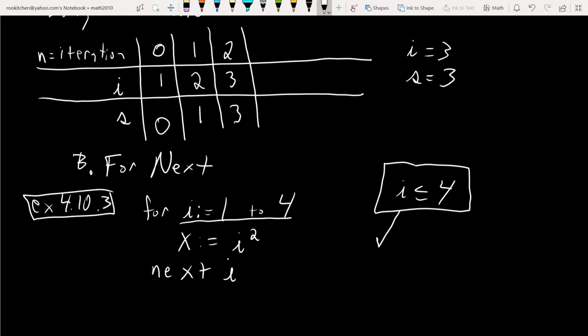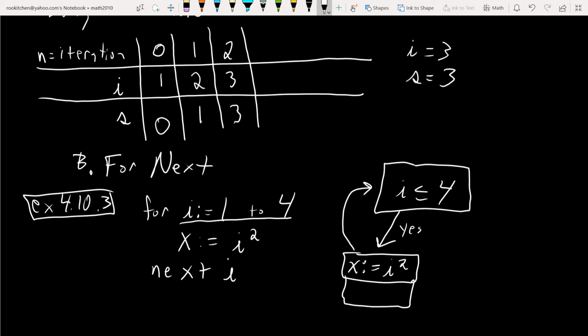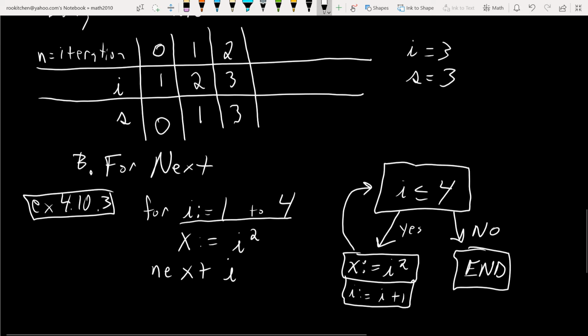So if this is true, then you're going to execute this right over. So replace x with I squared, and then it'll go back to the original condition. Okay, but in the process, it'll add 1 to I. So it'll go I plus 1. Maybe I should spackle that on right here. So I is now I plus 1, and that's what next I means. Okay, if yes, if no, then you're done with the program, right? So end. Okay, so